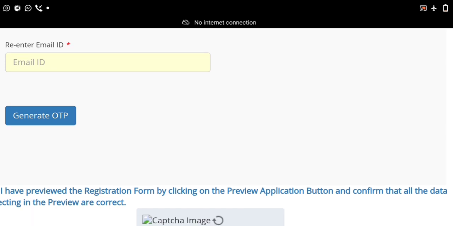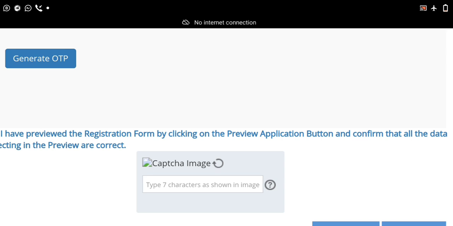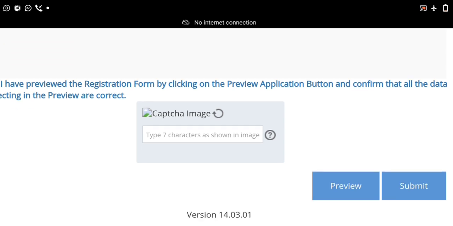And you need to generate the OTP. A few candidates have already started doing registration and we received feedback from them that they didn't get the OTP. So you need to do it in off hours, okay, because the candidates are doing choice filling also. So the server will be extra busy, and once you get it on your SMS, then you have to proceed with the next step. And you can select the checkbox here and enter the captcha, and then you need to